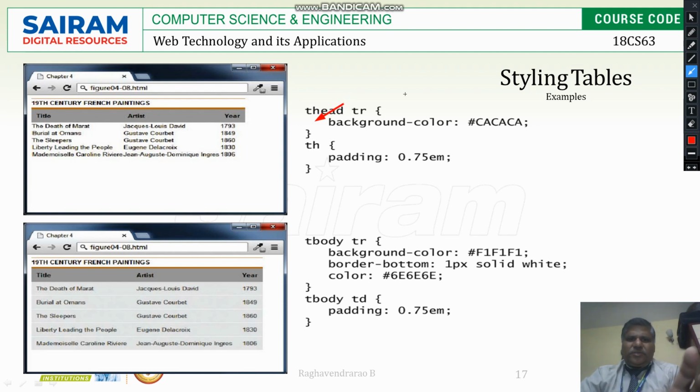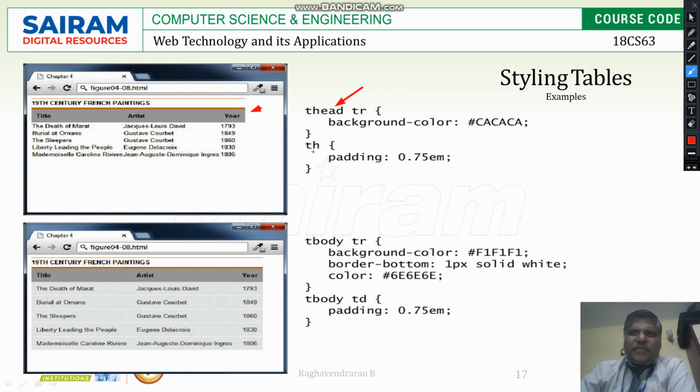Here for the tr, the background color is this color, and you can specify your own colors. You can take the specific colors from the color palette, and this number is fetched from that.